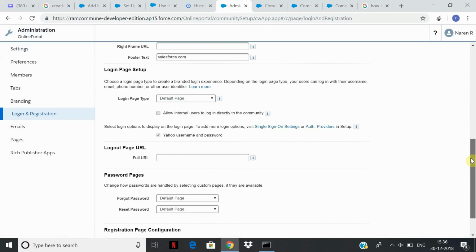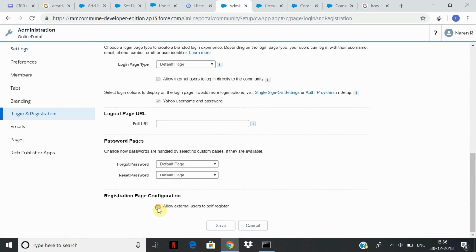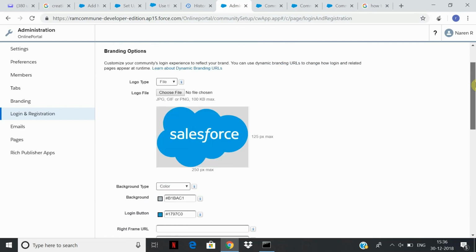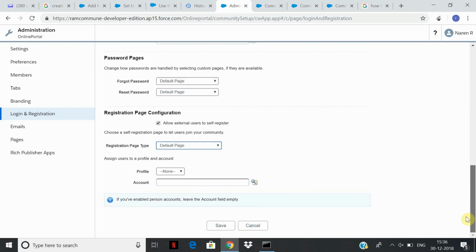These are the default ones. If you want to allow external users, you can select this and assign them a profile. Right now we have run out of licenses here. You have to click on external users to self register. Internal users, we will see how to create the users for them. Even external users can self register. Click on save,